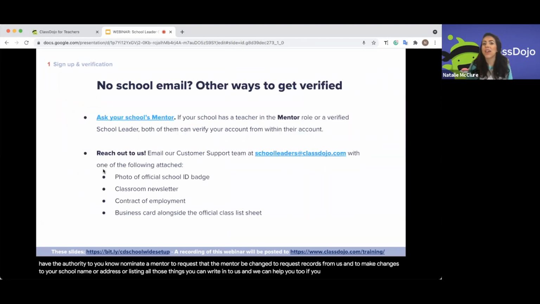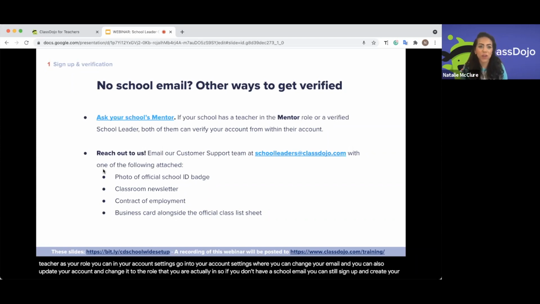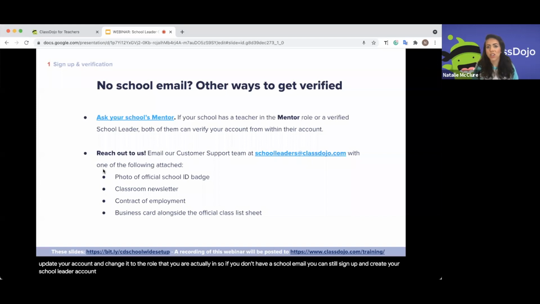If you signed up and you chose teacher as your role, you can go into your account settings, where you can change your email, and you can also update your account and change it to the role that you are actually in. So if you don't have a school email, you can still sign up and create your school leader account, but you will need to get